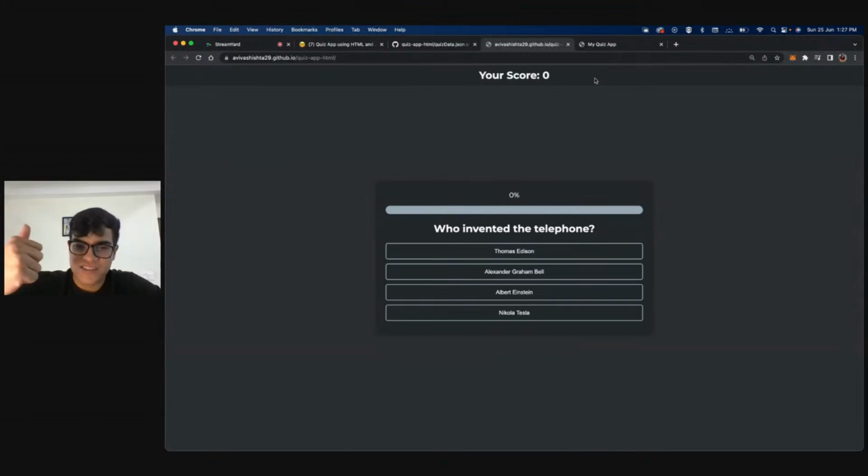Firstly, the quiz starts, obviously. What we show on the screen is very important. We show the progress bar. So this entire component, this 0% and this little bar that is there, we will call the progress bar. Below the progress bar, we show the question, and below the question, we show the four options. Whenever I call that start quiz function, I need to show this UI, these questions. So obviously we'll have a function for showing questions.